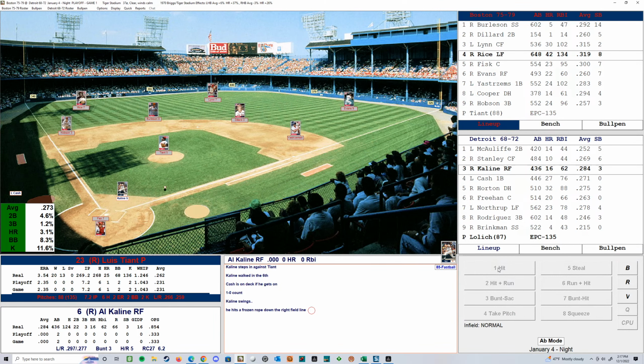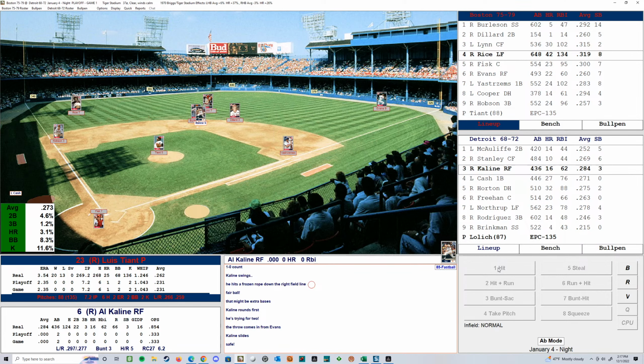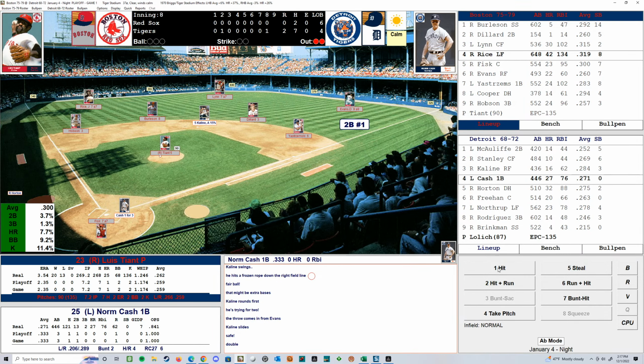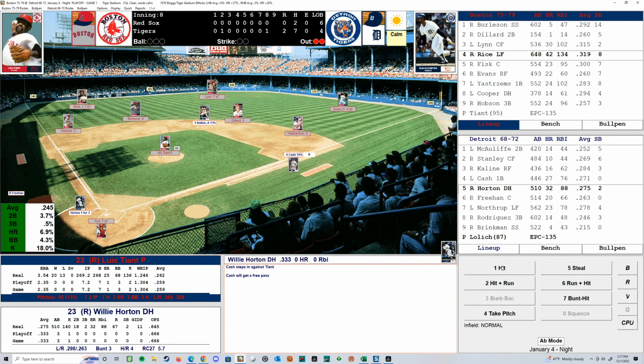Al Kaline up. Oh, we got a base hit. Somebody just said Tiant calm down, and now Wayne said that we've got a little bit of trouble. So, see what we've got here. Tiant's hoping to get out of this. Oh, an intentional walk. We're going to go for the righty. Willie Horton's feeling disrespected.